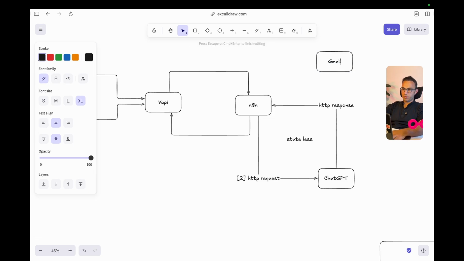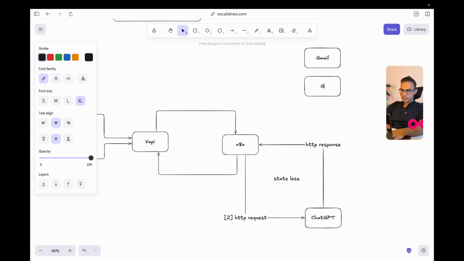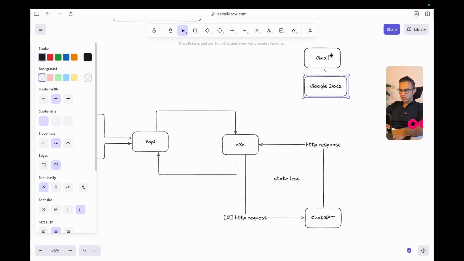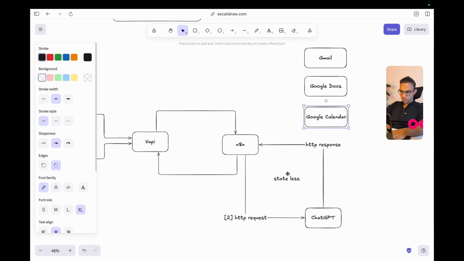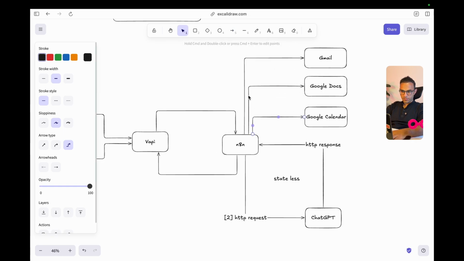We're going to do a lot of Gmail stuff, a lot of Google Docs stuff, and maybe, if time allows, a little bit of Google Calendar stuff. Same concept of this HTTP request and response happening with all of these extra external services, and these are bidirectional.